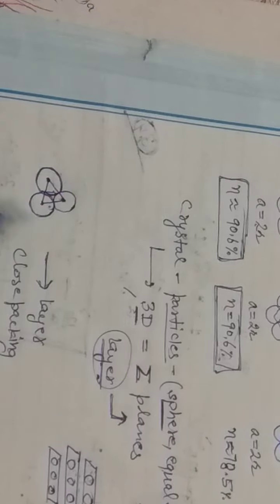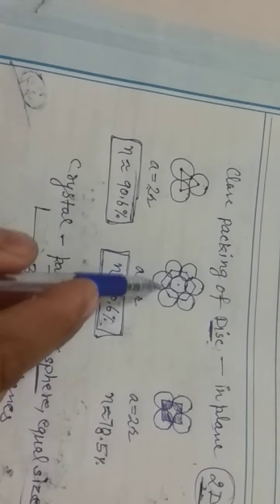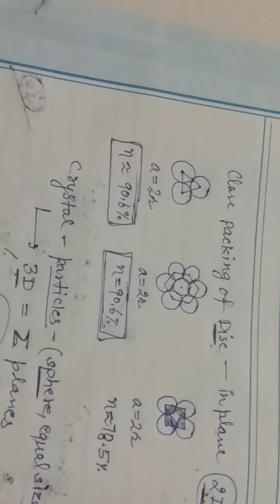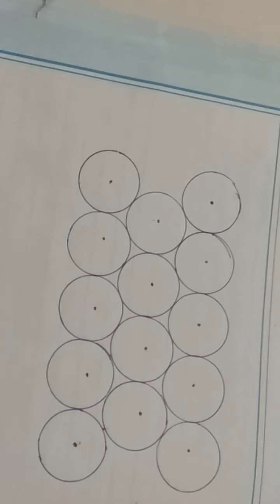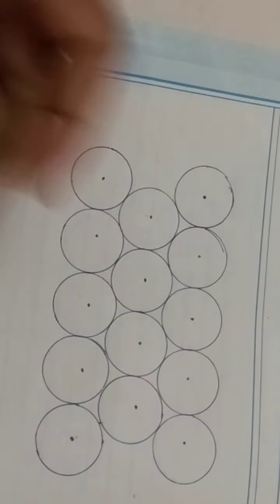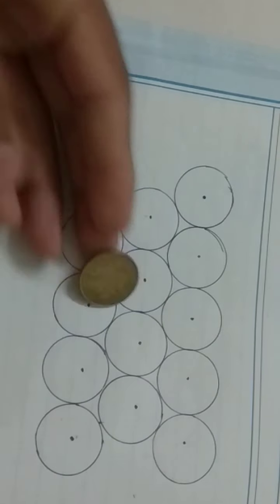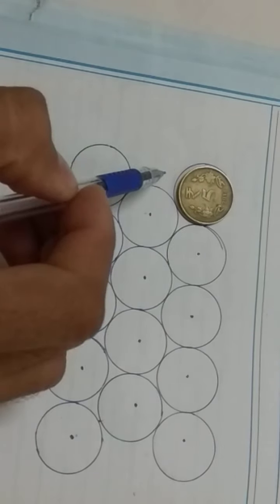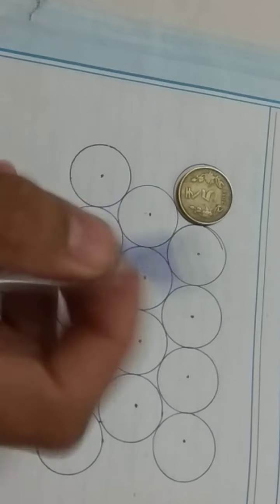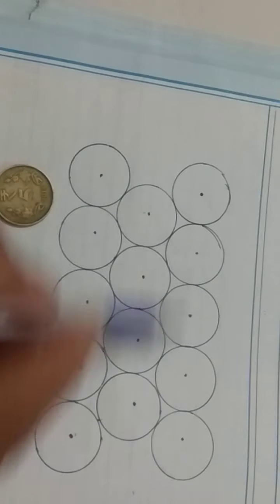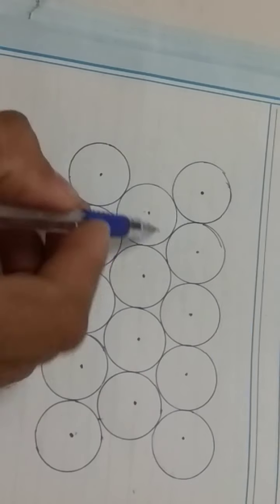Okay class, and if you extend it then it will become like a hexagon. And if you see it in a more extended figure then it will look like this. Class, how I have made this: I have this 5 rupee coin. I placed it here and I draw a circle which is equivalent to a sphere in 3D, and again this, and I pointed out their centers. Okay class, and this is another.